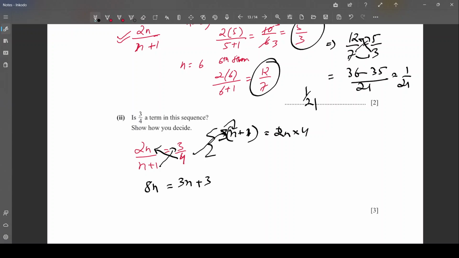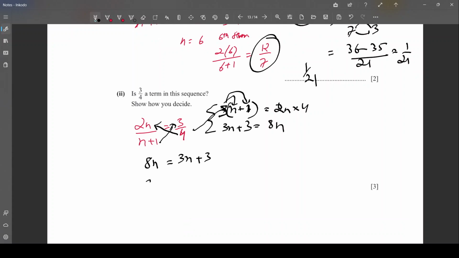So this gets multiplied: 3n plus 3 equals 4 times 2, which is 8. The same thing I have written over the bottom. So I just cross multiplied. In this case, what I am getting for the value of n: 8n minus 3n, pairing the like terms, equals 3. 8n minus 3n is 5n equals 3. So I'm getting the value of n as 3 by 5, which is not possible because